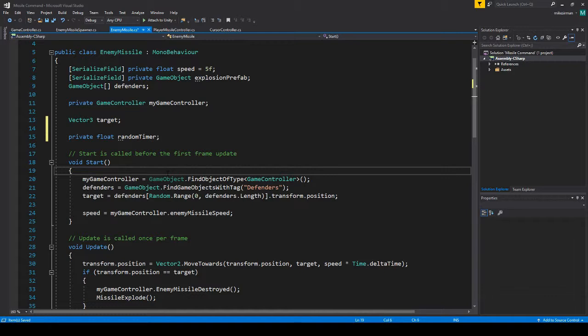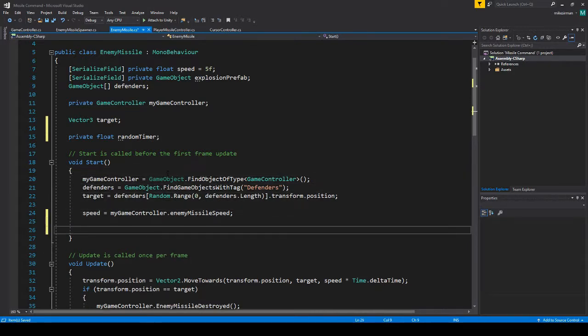Okay, and then in start we'll make this: random timer equals random.range. We don't really want 0, but I guess we could do even a part second. So you know what, we'll do it between 0.1f